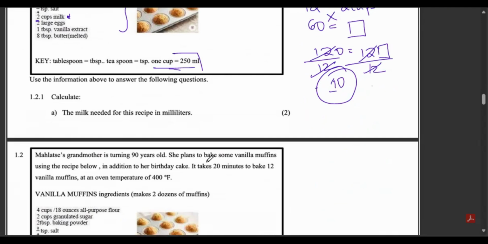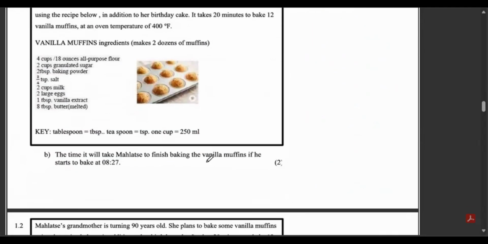Okay, let's look at that. Still under the same, asking us the time it will take to finish the muffin. If it starts at this, how much time will it take? Remember they said 20 minutes to bake, but they never added any other time. So what shall we say? If the person began at this much time,